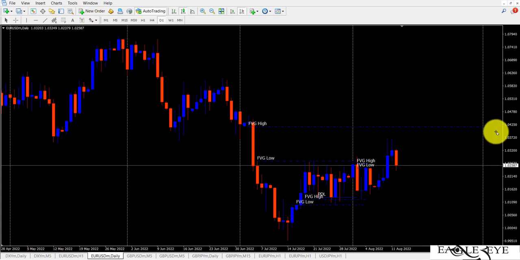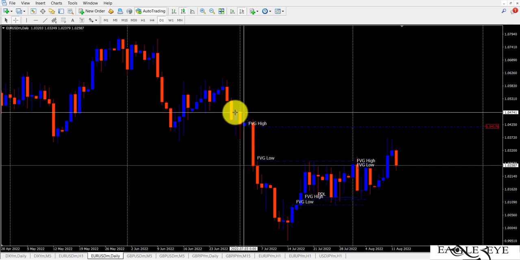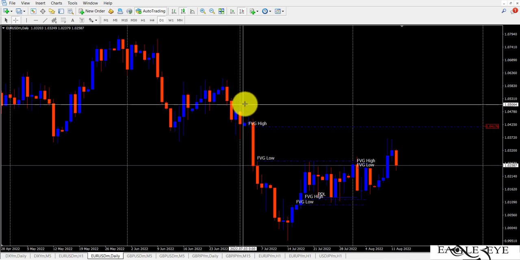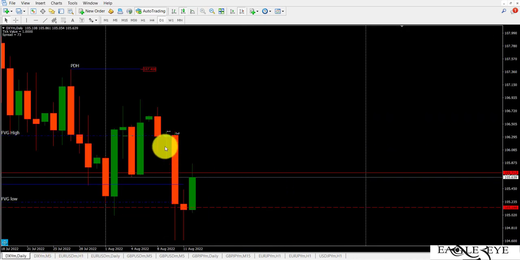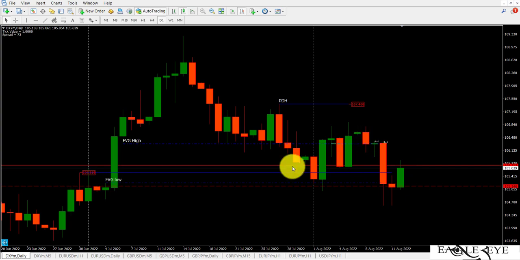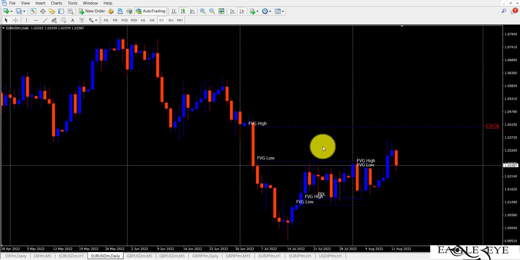Okay, so let's see. Around 1.04175, that area there. That's where I'll be expecting price to reach in, and then probably we can work in this particular imbalance right here. But should price open up on Monday and then we trade up into this imbalance, then what would I be expecting in the Euro USD? I'll be expecting that the Euro USD would actually drop lower, and then probably you might want to work in this.